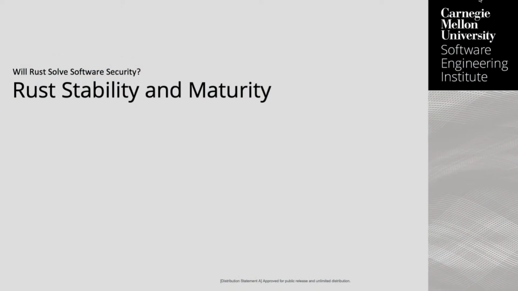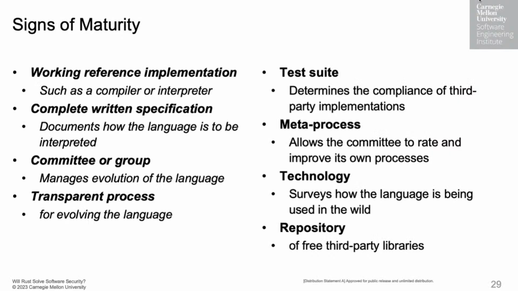Okay, so the last major section I wanted to talk about was stability and maturity. And well, I started off this section thinking, what the heck is maturity? To me, maturity simply means a language is young, and it simply means that my boss doesn't want me programming in it because it's immature. And so I basically sat down and came up with a list. And the list is here of aspects of a language that would contribute to it being considered mature.